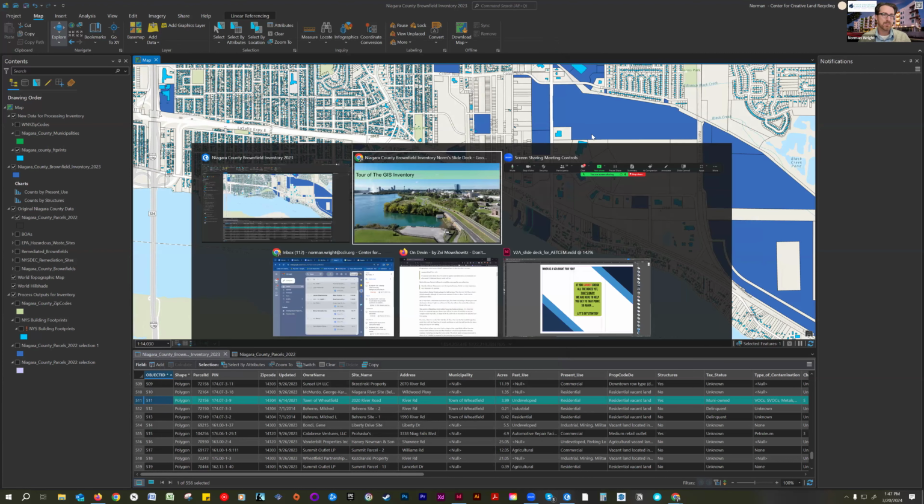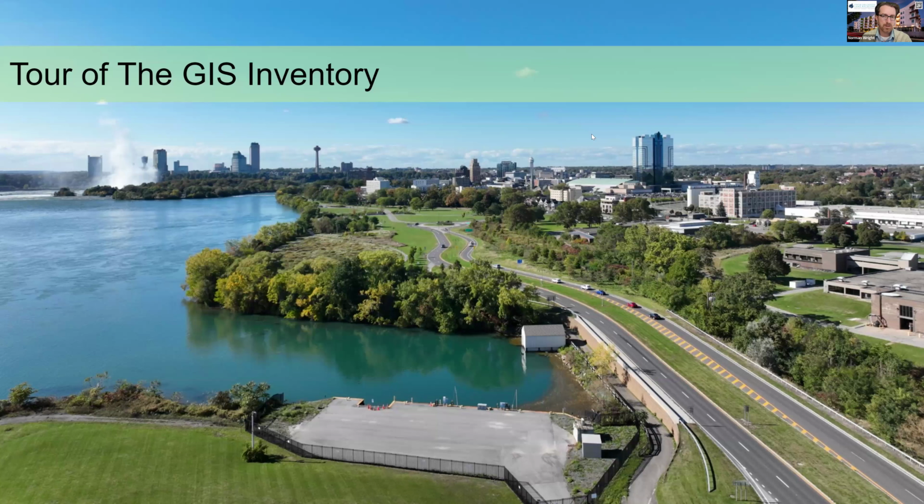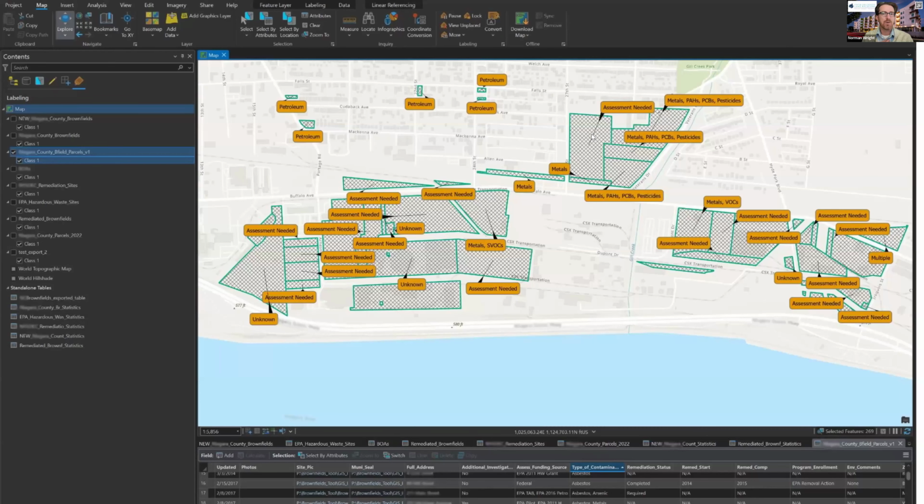And now I'm going to switch back here and draw some conclusions with you. So here's a map that can be used in many ways to showcase a lot of important information in a big picture view. And to summarize again the benefits of ArcGIS for an inventory, I've got a few takeaways. First,